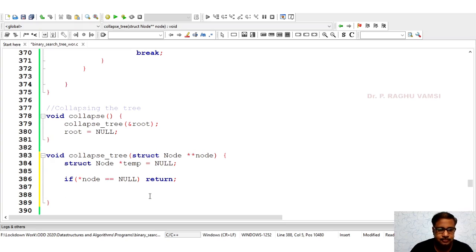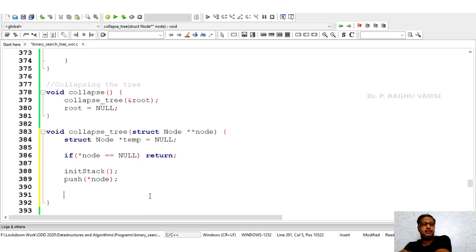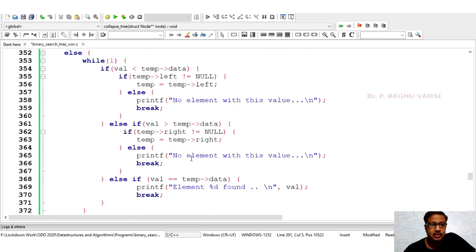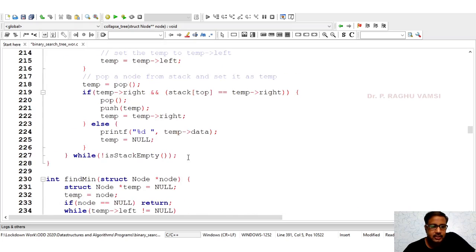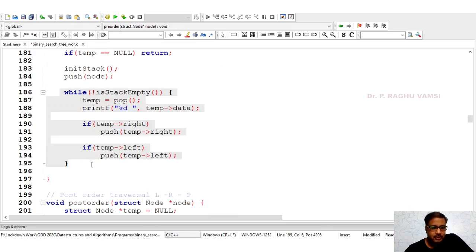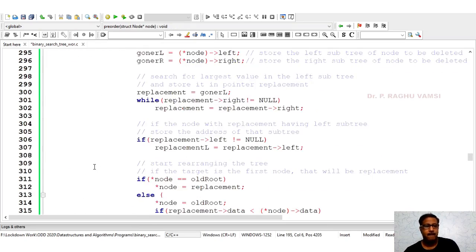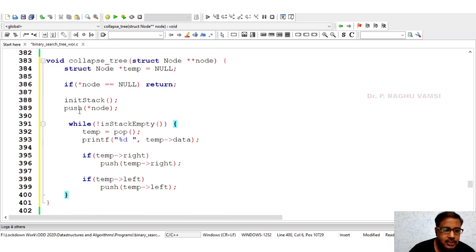Else, we will take the help of the stack: init stack, push star node. We'll use the pre-order traversal, so it will visit the parent, then left and right. So I will take this particular while loop. Since a node is already pushed into the stack, while not is stack empty, temp is equal to pop.